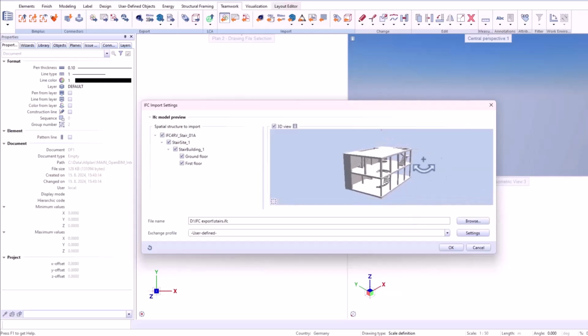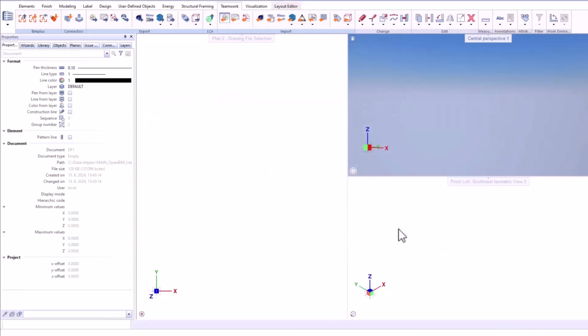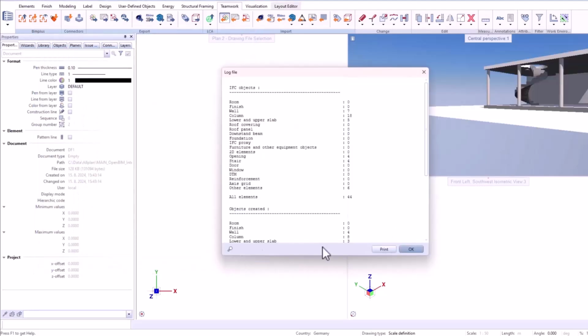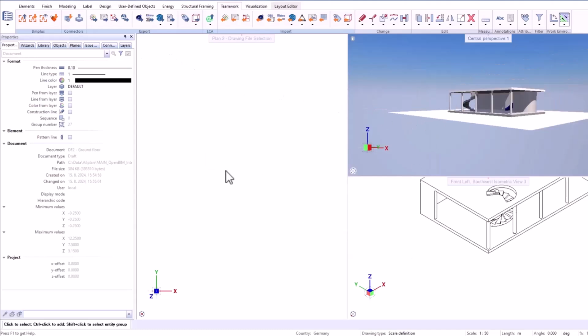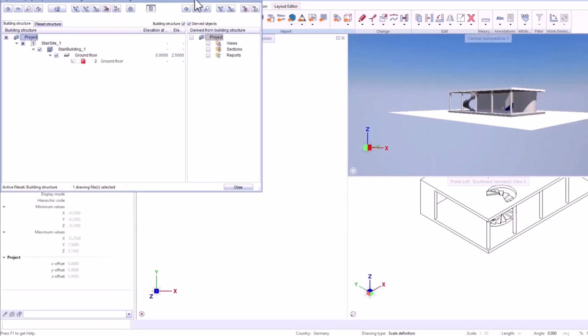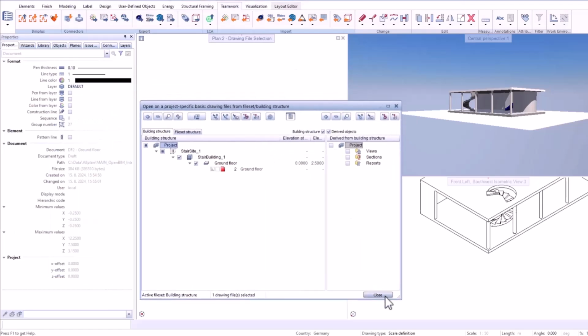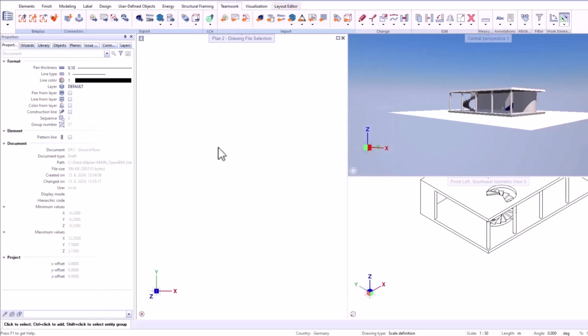Here we also can skip the option of checking the IFC file in the viewer, or if it's needed, we also don't need to delete some extra information which was imported previously. We can eliminate this only with this 3D preview and level filter, and this increases the effectivity of the whole workflow.